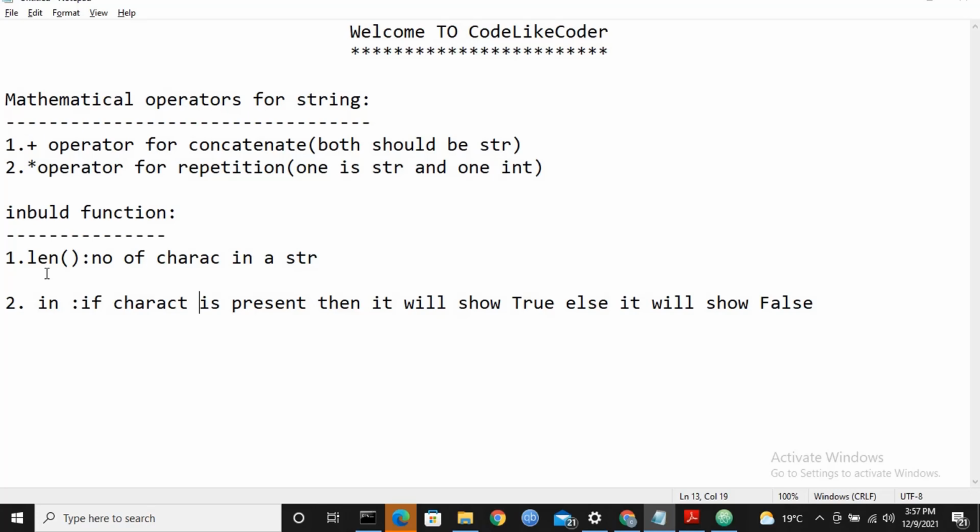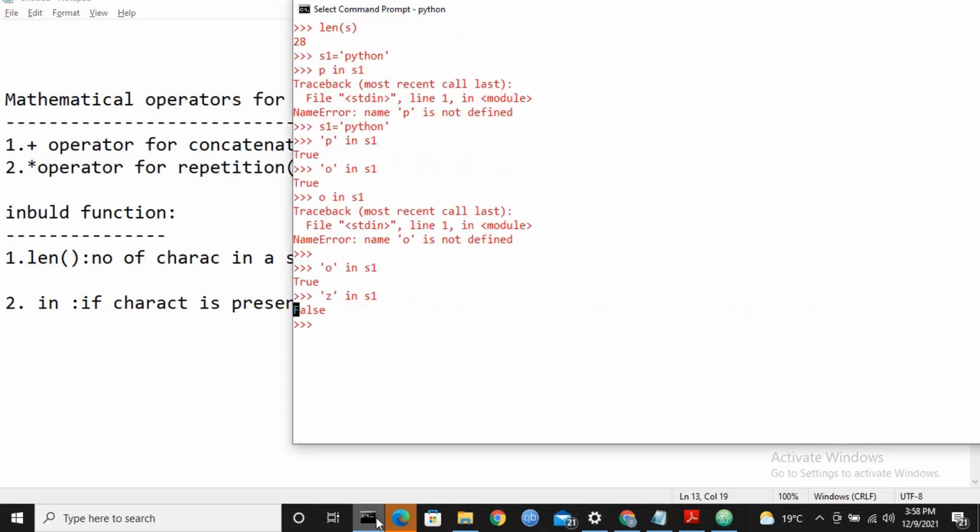Then we used the len function. The length function we generally use to count the number of characters present in a string. Okay, and the in operator: suppose we have declared one string and we are validating whether some character, suppose p, is present in Python or not. In that way we use the in operator.